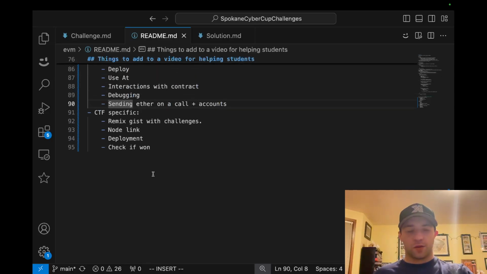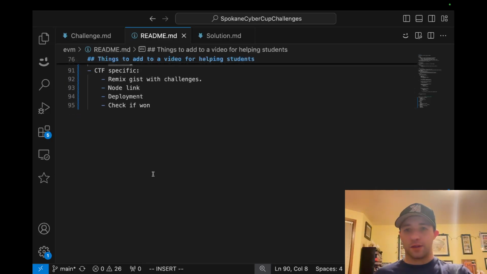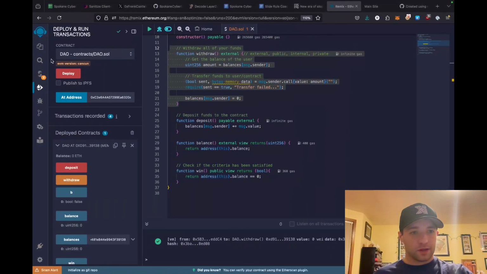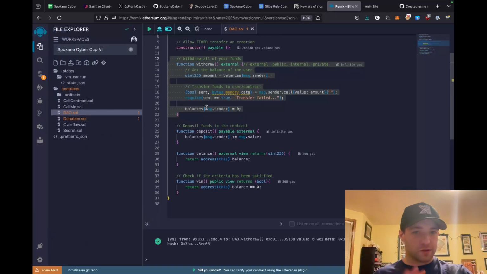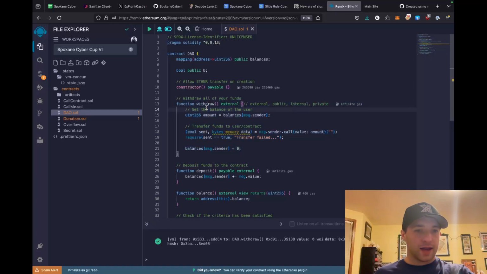Cool, so we made it through some basics of Remix, and now we're going to talk about the CTF specific things. There's a lot of different contracts. I believe there are 5 different challenges for this event, for this contract series. And I don't want to have to copy this code manually. So there's a really cool feature